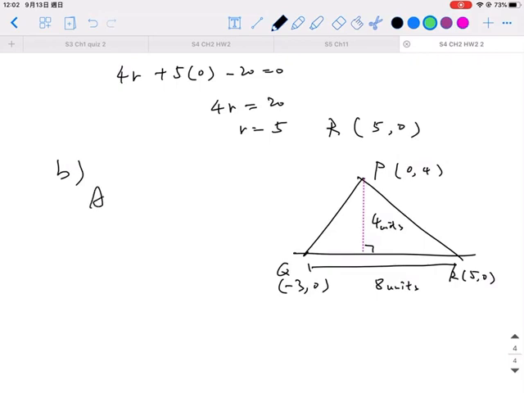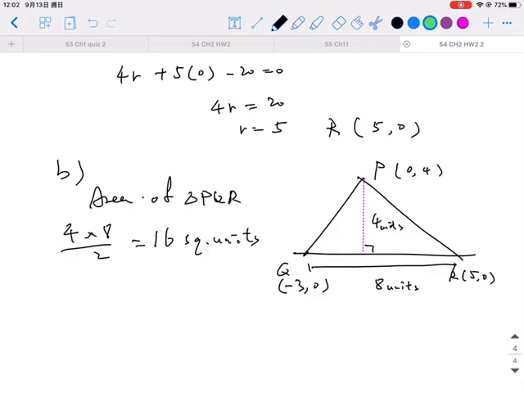The area of triangle PQR should be 4 times 8 over 2. That means 16 square units. So that's the end of the